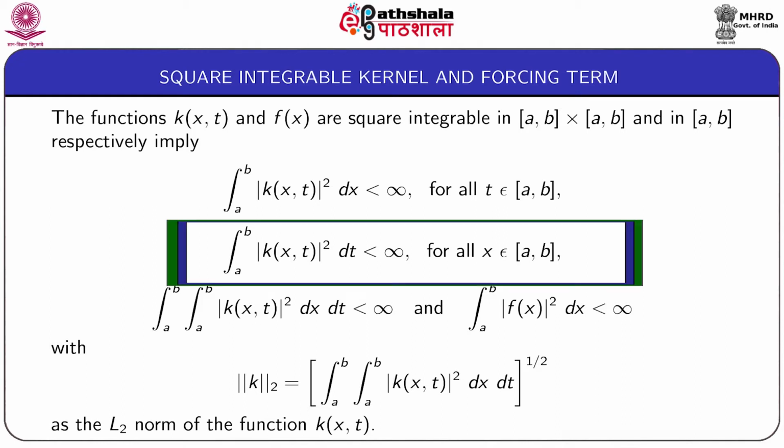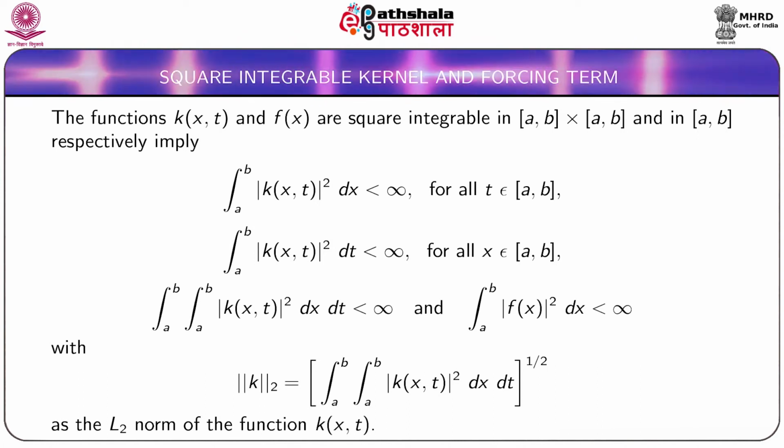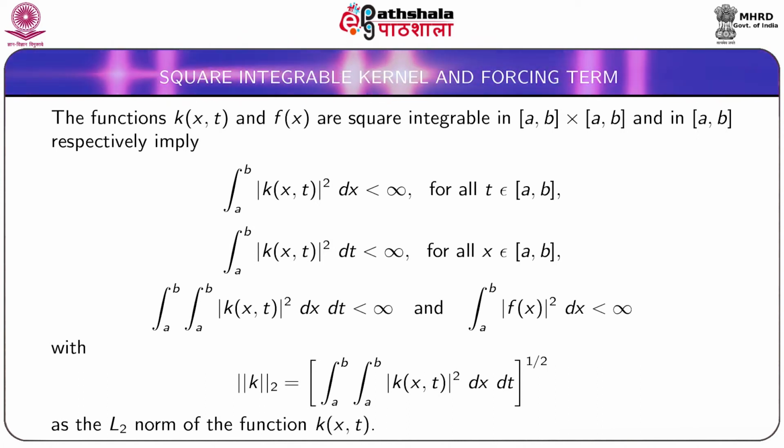Also, integral a to b |k(x,t)|^2 dt is also finite for all x belonging to the closed interval [a,b], and double integral a to b |k(x,t)|^2 dx dt is also finite, and integral a to b |f(x)|^2 dx is finite, with